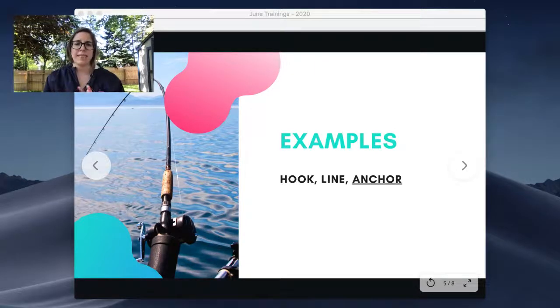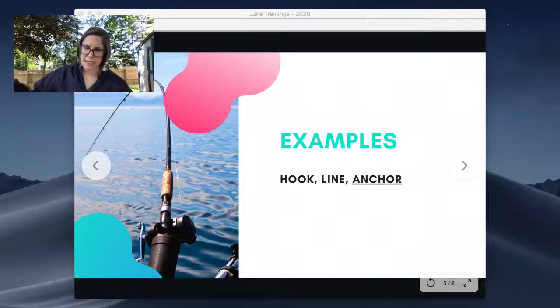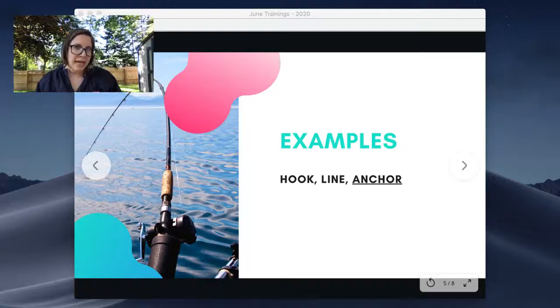Okay, scale properties, thanks to Erin. Let me finish my first thought. Your goal is to explain phenomena. So don't be afraid to break up standards. Just make sure you address them somewhere else. If you split a standard in half, address pieces of it in one storyline and the rest of it in a different storyline. But when you're choosing an anchor, anchors really shouldn't be able to be explained by one standard,